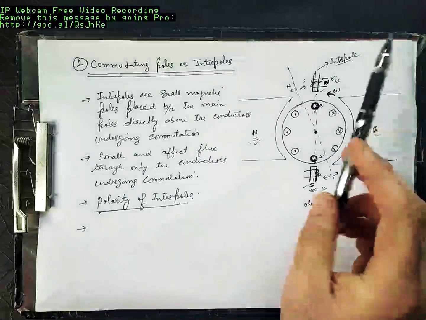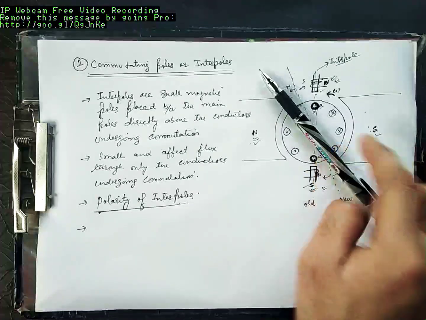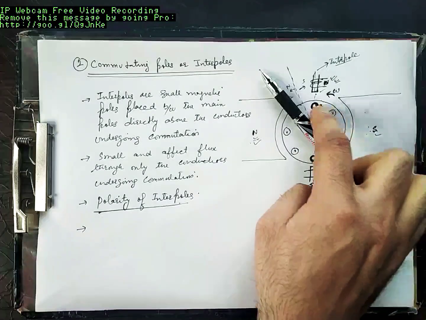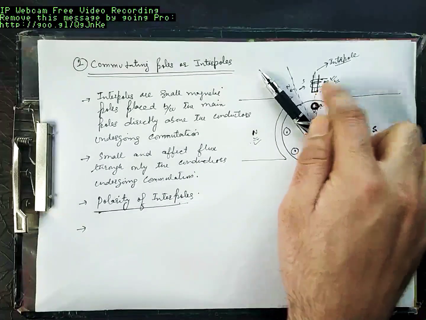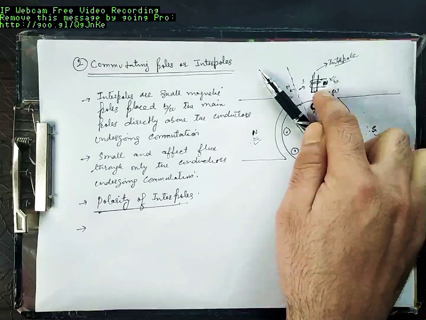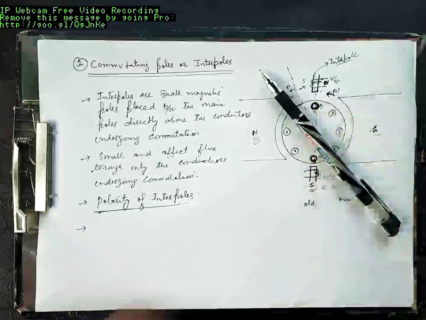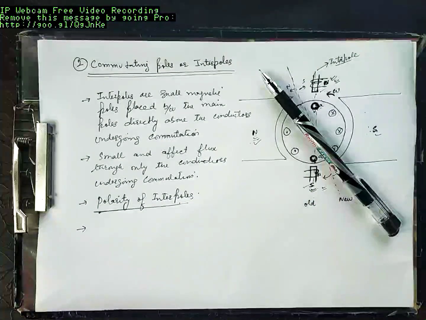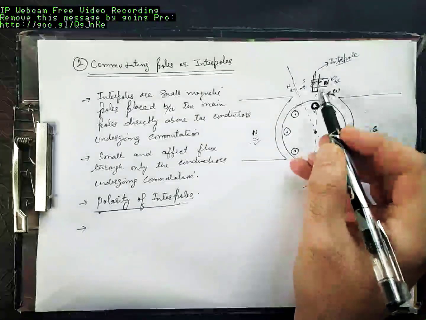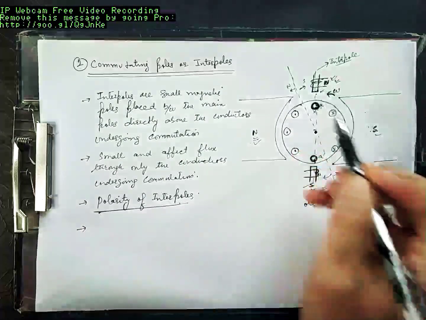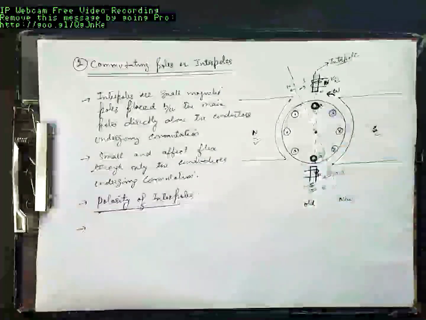Now as load increases, neutral plane shifts more. When it shifts more, this is further inside the south pole, so this has more flux of the south pole. This north pole strength should increase. This should produce a flux whose strength should increase and becomes equal to strength of the flux due to south pole, so that net flux induced here is 0. So how do we ensure that flux produced by this is equivalent to the armature reaction flux, so that net flux induced here is 0? How do we ensure this?